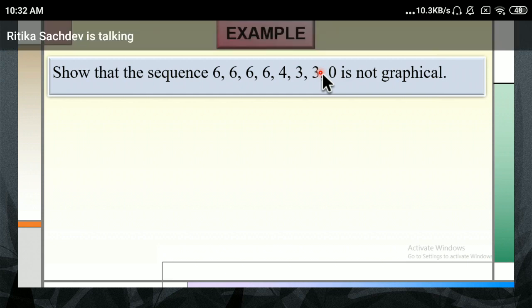Are you able to understand what I want you to conclude from this? In the previous question, for the first 3 cases, it was not passing the first test. The first test was that the total sum should be even. For the fourth one, it was not passing the next test. What was the second test? The number of odd degree vertices should be even. But in this case, it is passing both the tests. And still the question says that I should conclude that the graph does not exist. The question itself is saying that the graph does not exist. Then what is the third way of doing it? If the question is clear, I'll proceed. If you have any doubt till now, please ask.